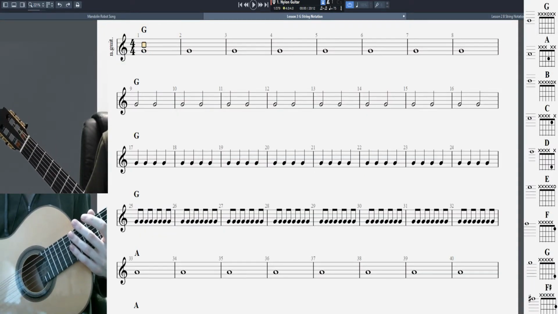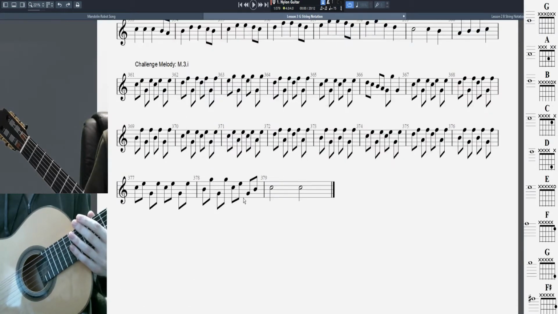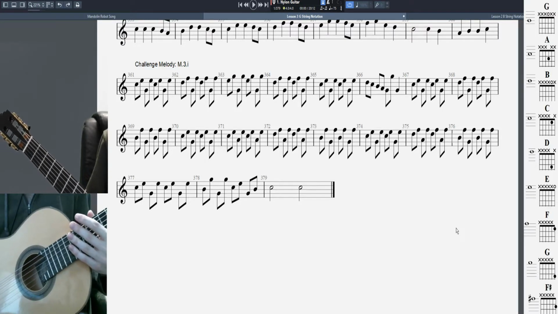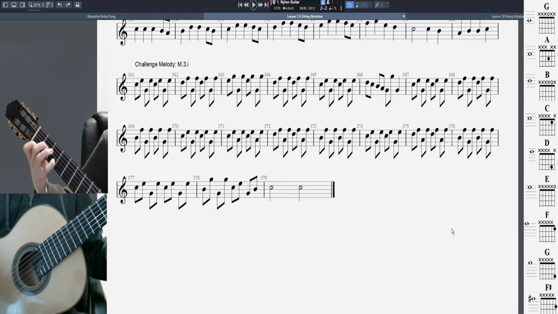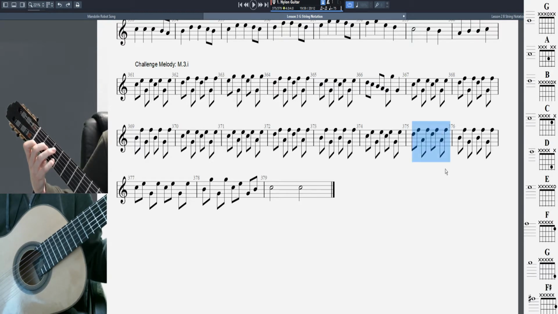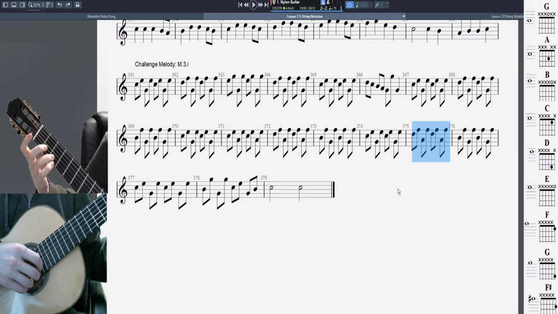Okay, so you might have noticed, if you're watching my fingers, through the whole exercise, the whole challenge melody, there are parts where I had all notes pushed down at the same time. A good example of that would be this measure right here, so 375. You notice we have a D, which you can use with either your third or your fourth finger. We have an F,